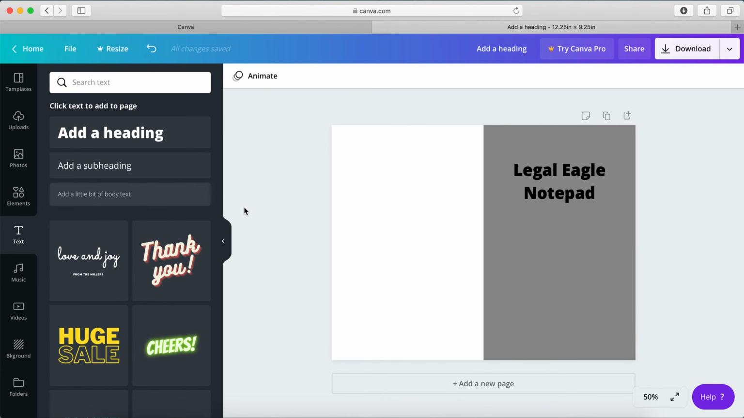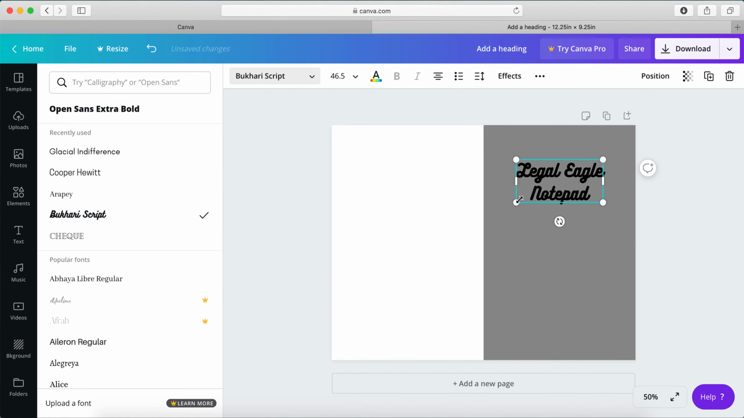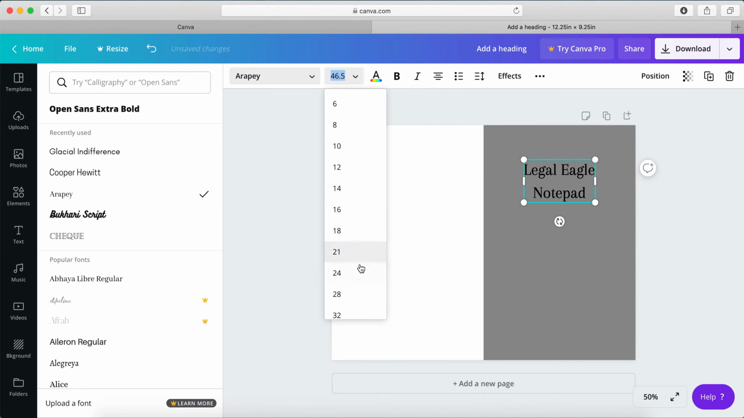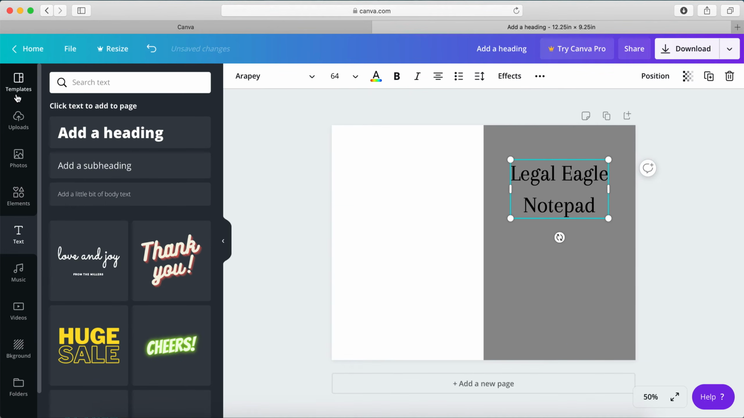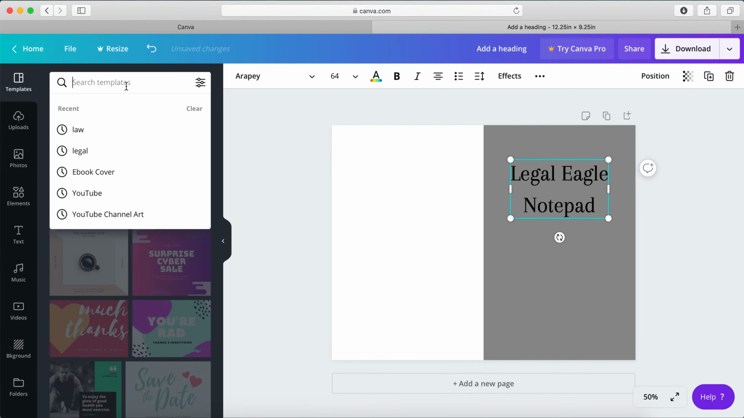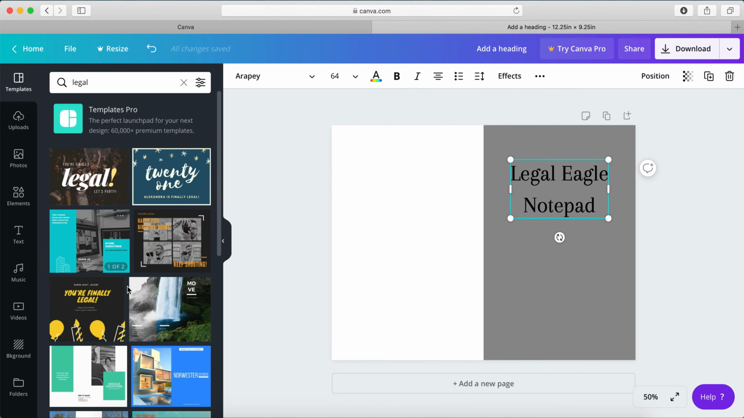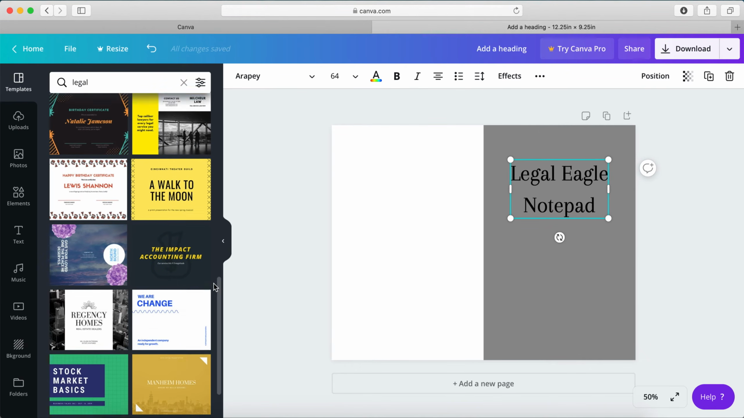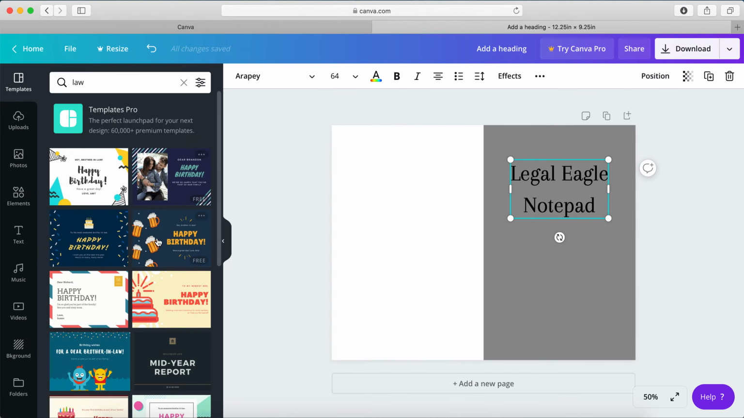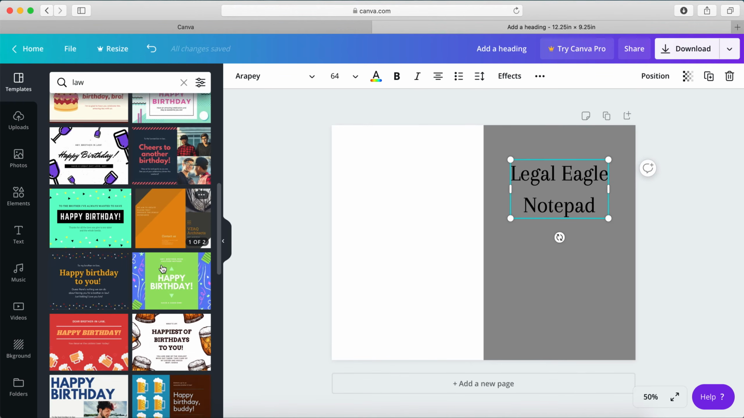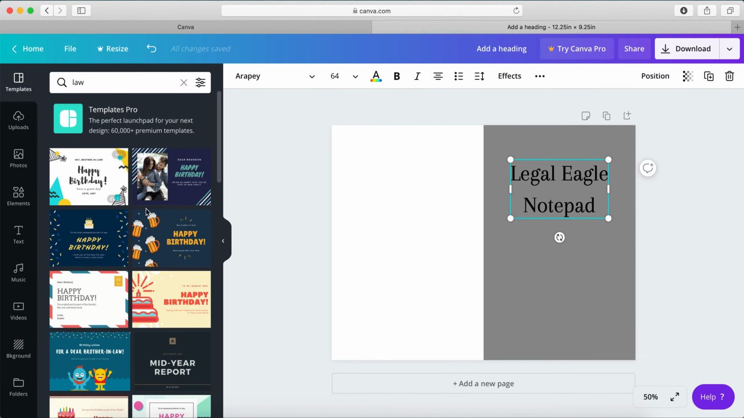Now I'm not going to get too fancy with the colors. That will be something you need to play around with, but essentially this is it. Obviously you can change the font, change the size of it to something you want. You can do all that quite easily. But again, if you don't have anything that you see that's suitable for your niche,